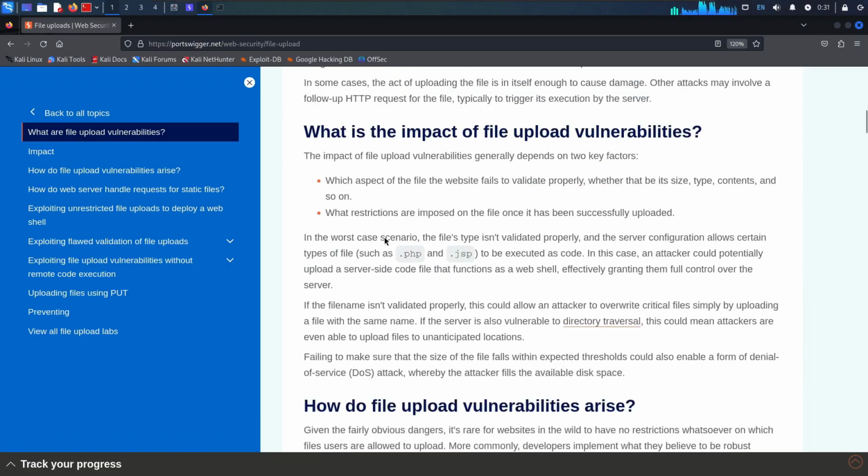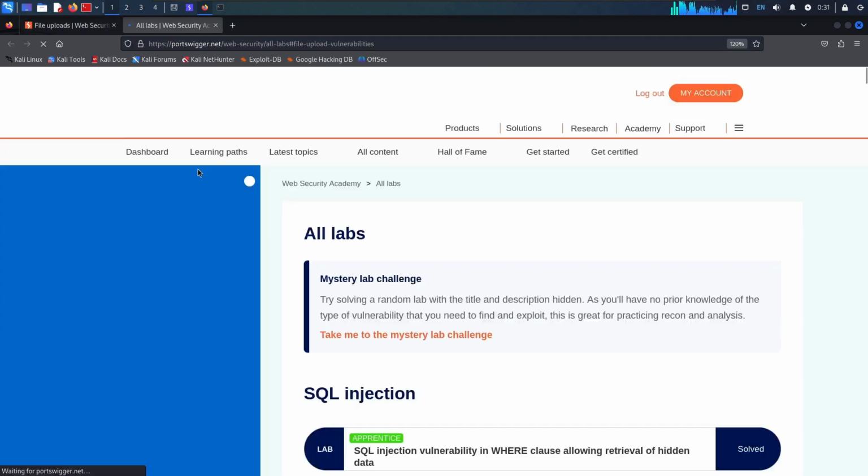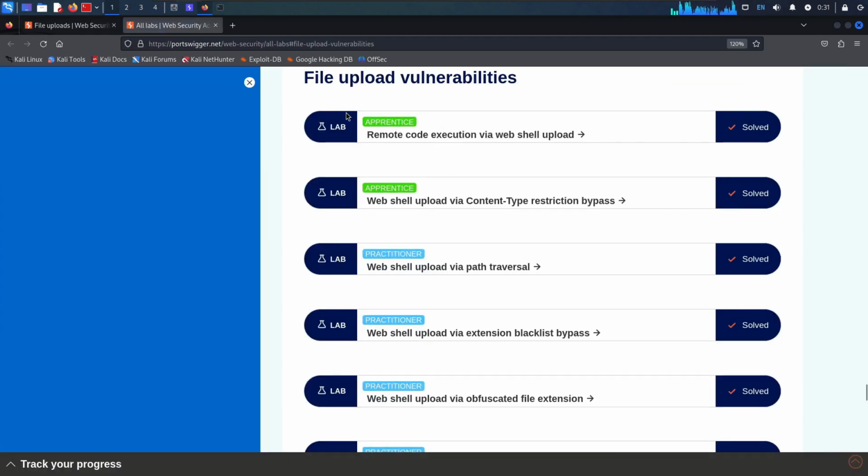I have already taught you all this stuff in the first lecture, so I will ignore this and jump straight into the labs. You can clearly see here we have the labs. So let's go, and we are going to solve our first lab, which is basically remote code execution via web